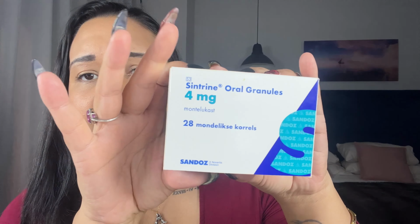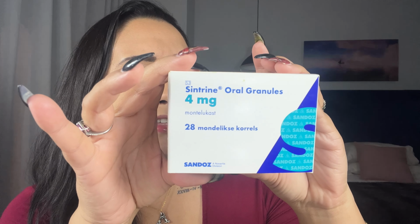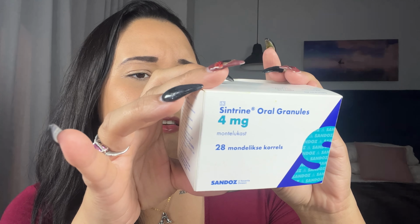Then the other thing that the doctor gave the last time that I thought was absolutely amazing, and she said it's a natural product, and it's called Citron Oral Granules, and it looks like this. Basically it comes in little sachets like this, and you can just sprinkle it over their food if they eat really well. If they don't eat well, like what I do with Orion, I put it in a little bit of water and I use the syringe to give it to him, and this helped clear the phlegm and help his